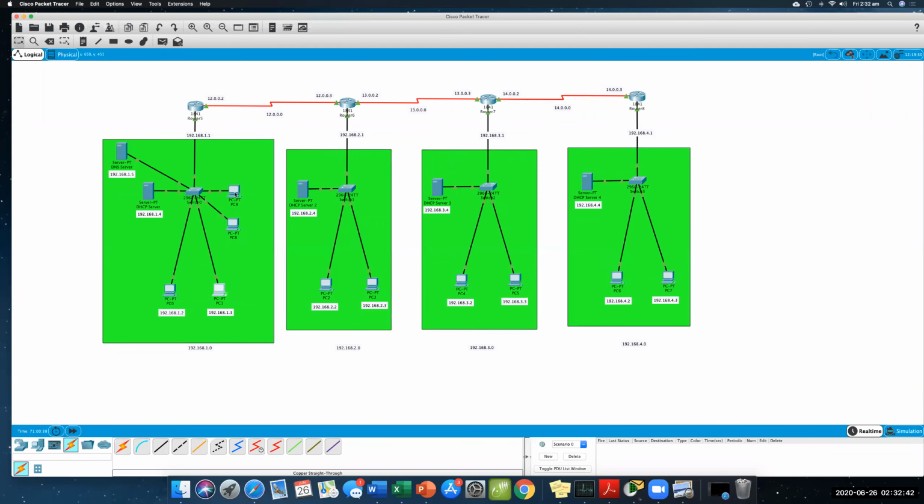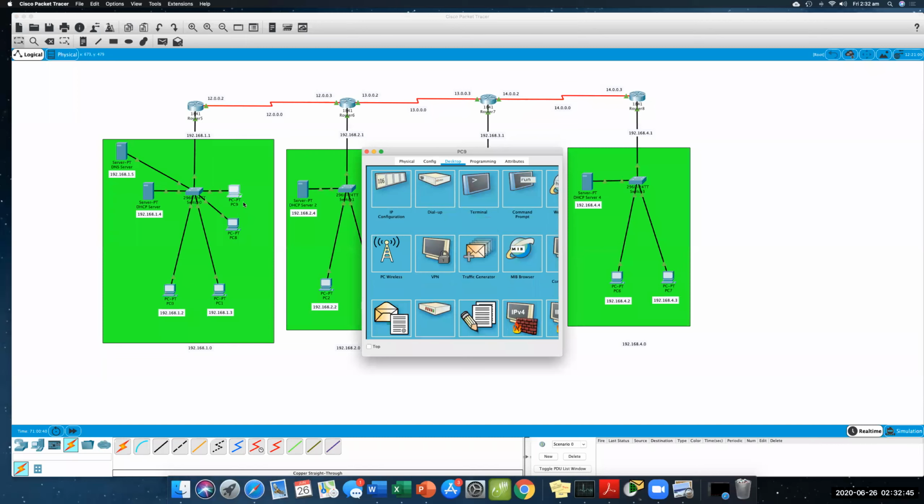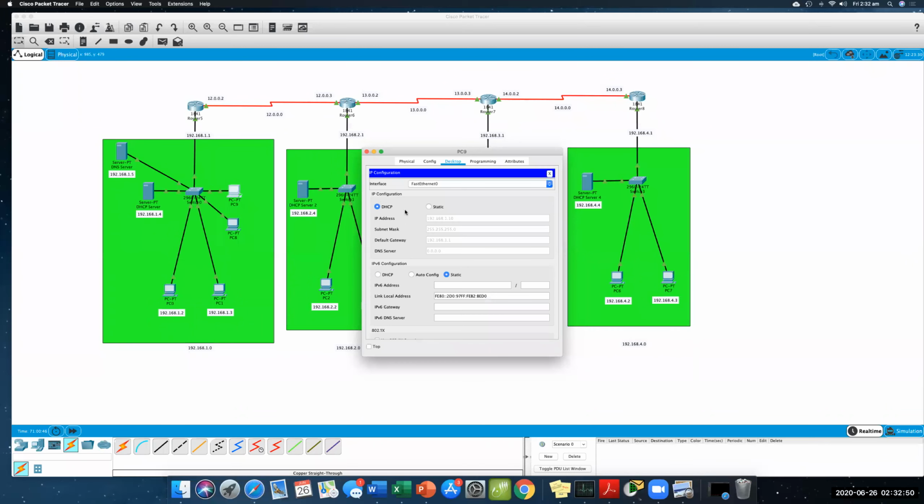For these two users, because they have received their IP address from the DHCP server, you don't need to do much work here. All you need to do is refresh the connection, and you will see that the DHCP server gives this user the IP address of the DNS server. All other details are the same. IP address 192.168.1.10, subnet mask is okay, default gateway 192.168.1.1, and DNS server